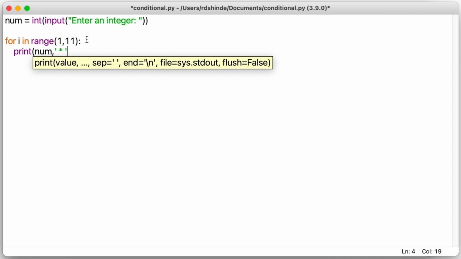Then num multiplied by i. So i is the data that we will get from this sequence which is created by this range function. Then again I am going to write this symbol as a string, and at the last we will print the product of num and i.